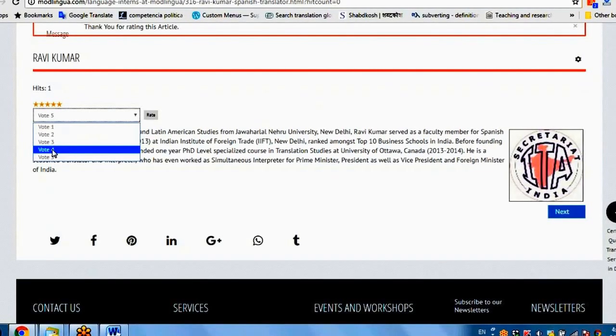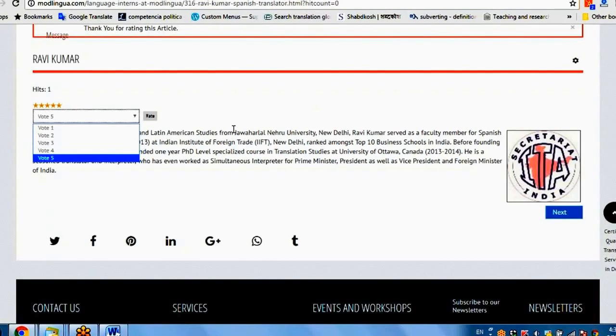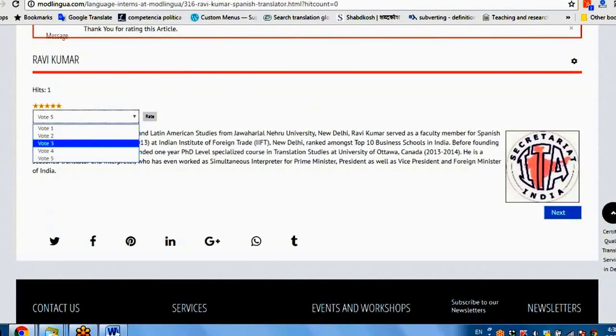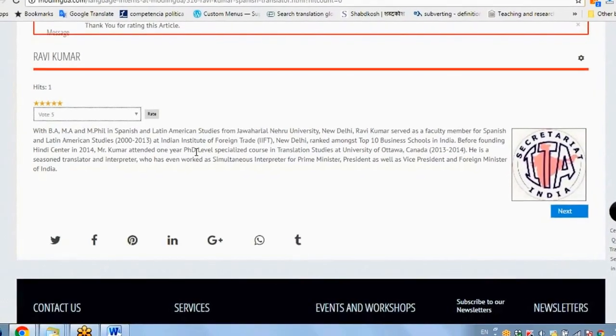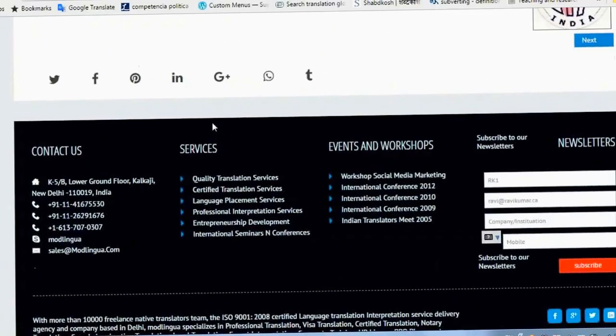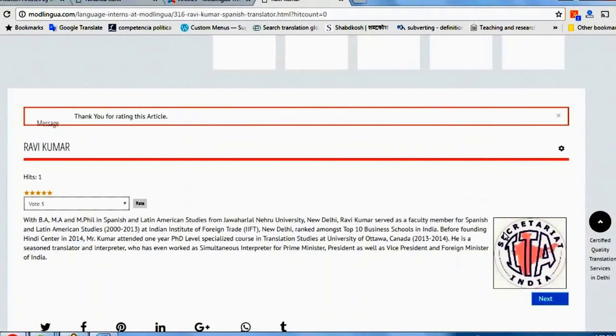If you don't have 4, after some time your profile will be put out of display. If they are on 4 scale, they will remain at our website till our management decides or till you decide to put it away. Okay, so this way we are able to publish our profile and update it accordingly.